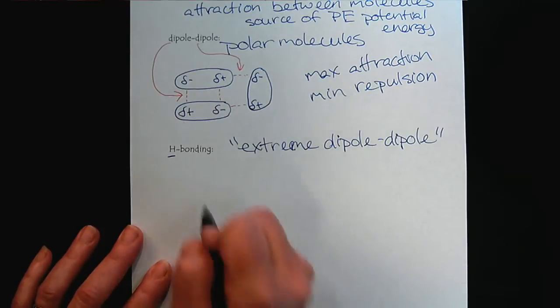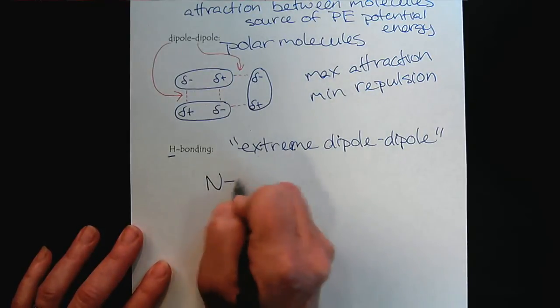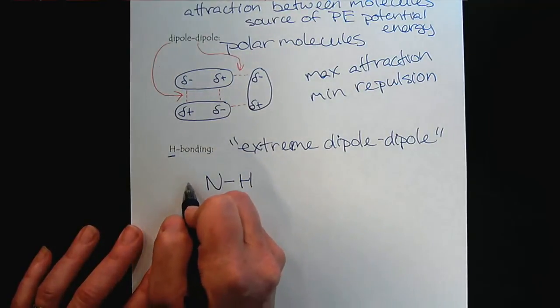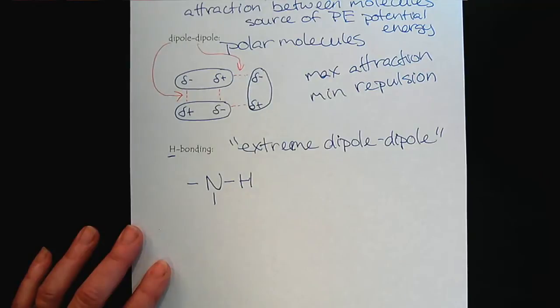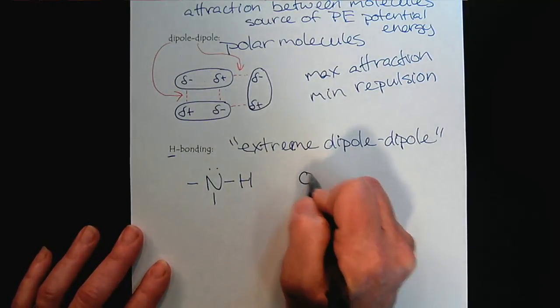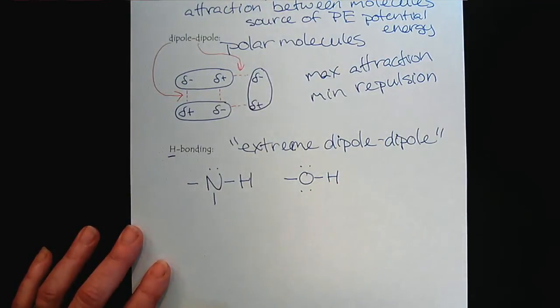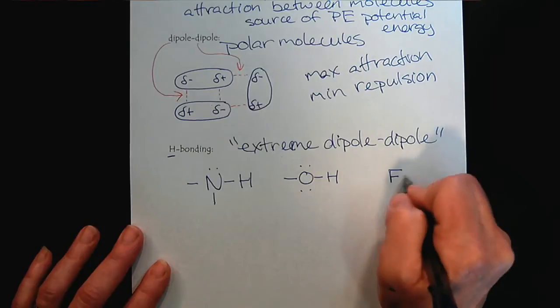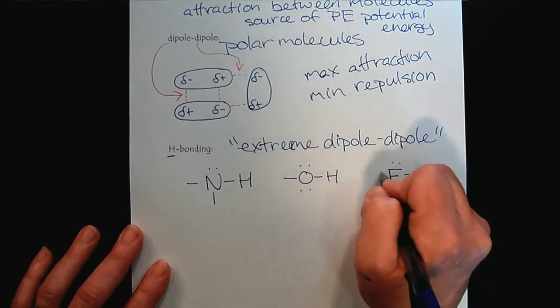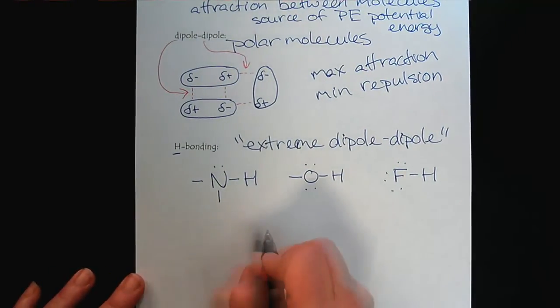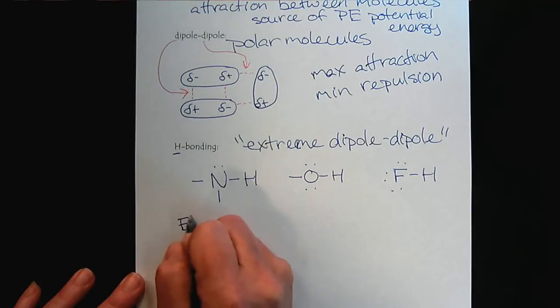So if we have molecules where there's a nitrogen atom bonded to a hydrogen, and of course nitrogen likes to have 3 bonds and a lone pair, or we could have an oxygen bonded to a hydrogen, or we could have fluorine bonded to a hydrogen. Now, what makes this so special? Well, when we look at electronegativities,